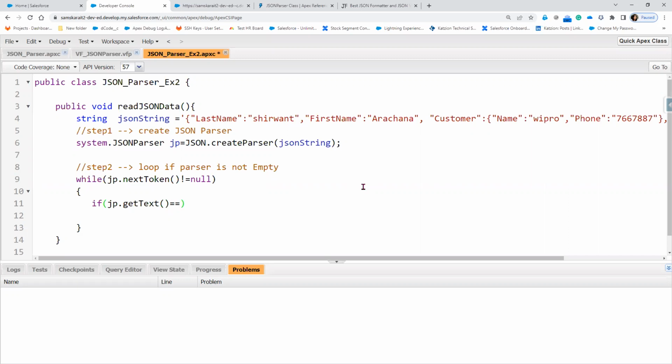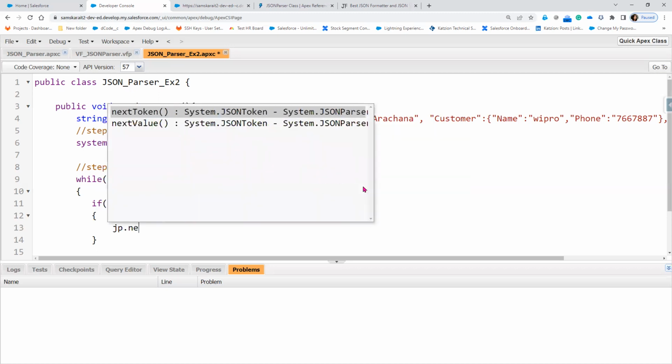If the text is equal to customer, then only go inside it. Then I need to first go to the next token,